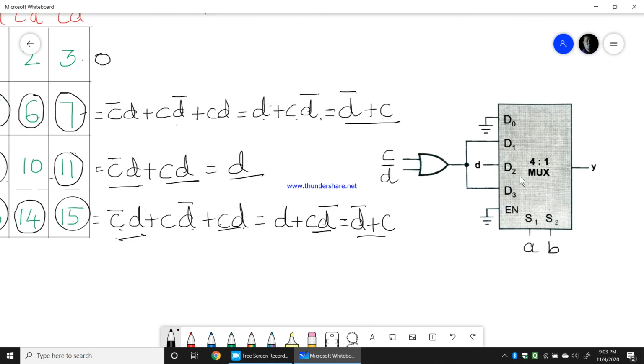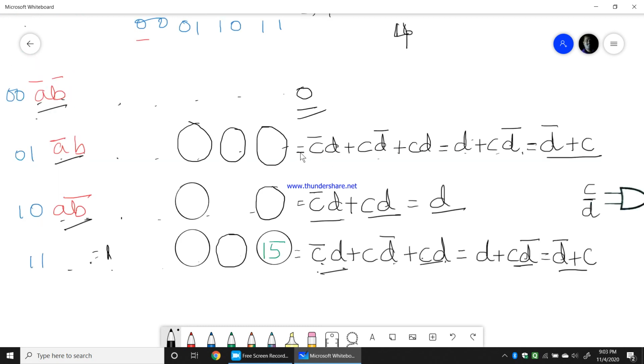So this is how the diagram is written, where D0, D1, D2, D3 are the inputs and A and B are the selection inputs. Now C and D will behave as the input line. D0 is 0. Why 0? Because no circles are selected in those squares. If a number is not circled, it is 0; if all the numbers are circled, then it is 1.